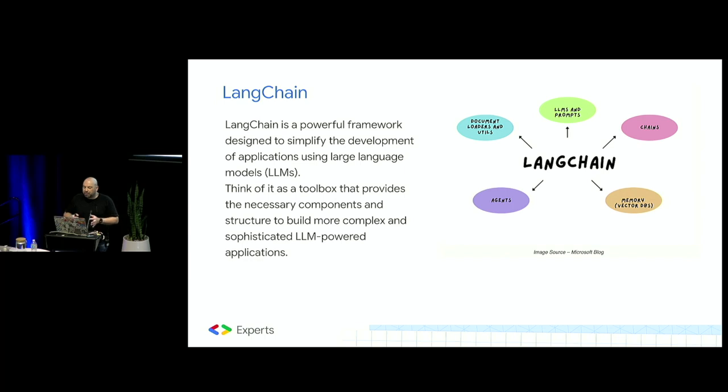It contains maybe 4 key components that you can see on the slide. The first one is chains. As the name suggests, chains allow you to combine different language models together in a sequential flow. For example, you could chain a model that summarizes text with another model that does translation, and then get back a summarized translation of the whole thing.